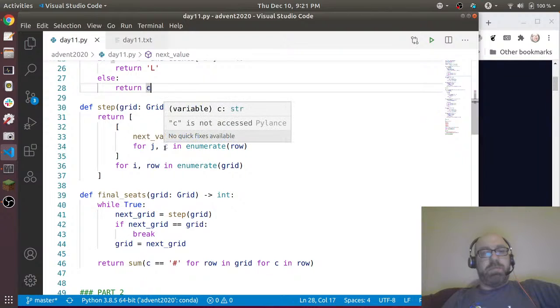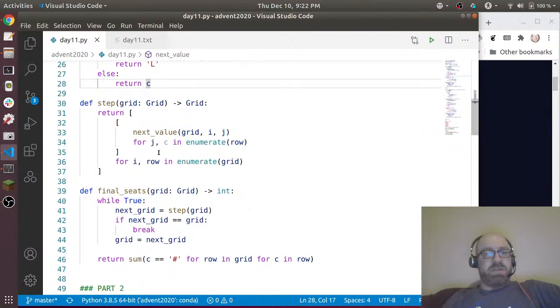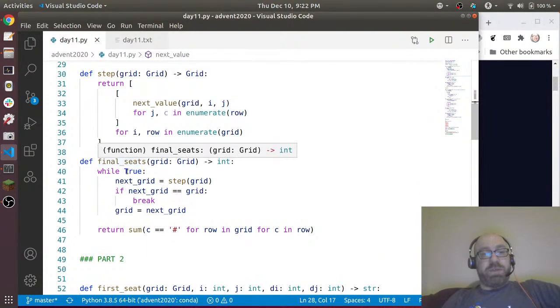So, it turns out I didn't need this C. That's fine. I'll leave it there anyway. And then the final seats basically just said,